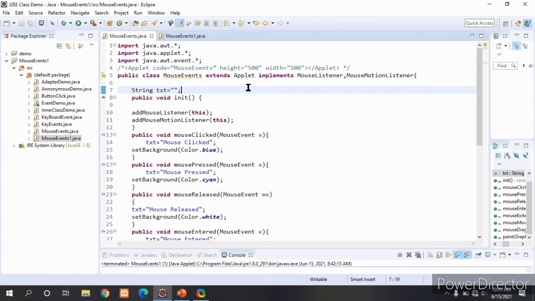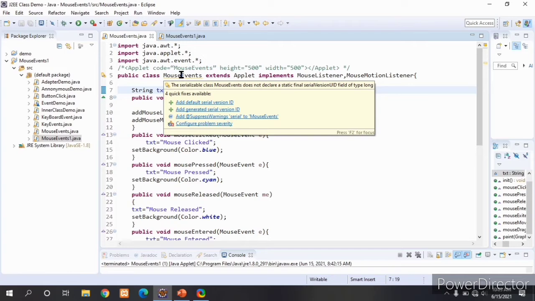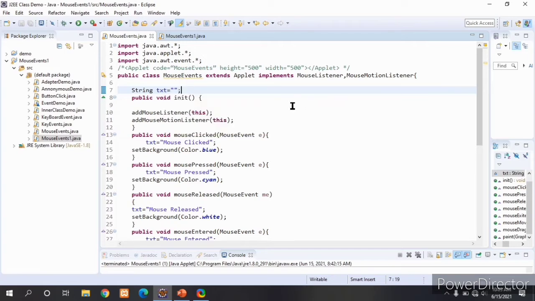In the mouse event class we have seen which events are generated by the mouse: mouse clicked, mouse pressed, mouse released, mouse entered, mouse moved, mouse exited, mouse dragged. These are all the events generated by the mouse.